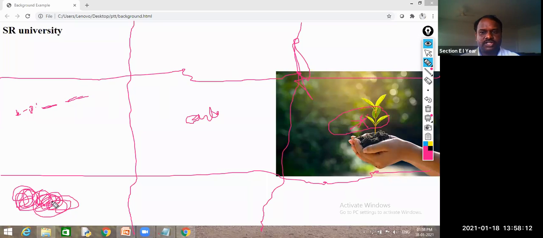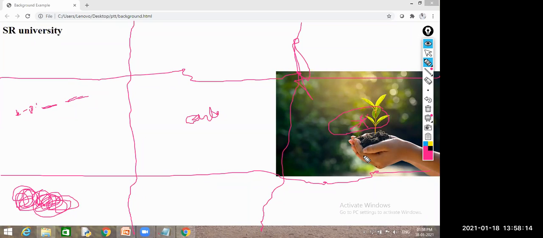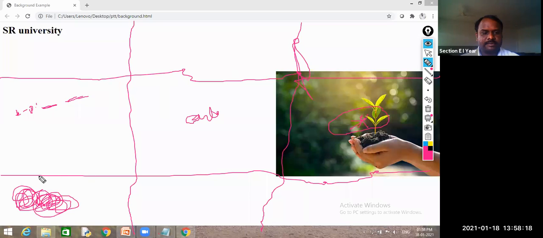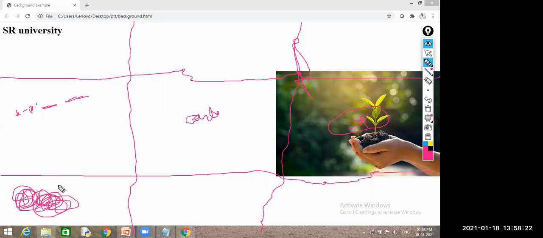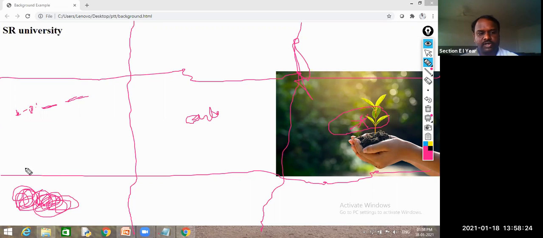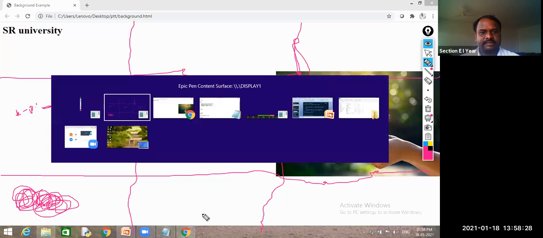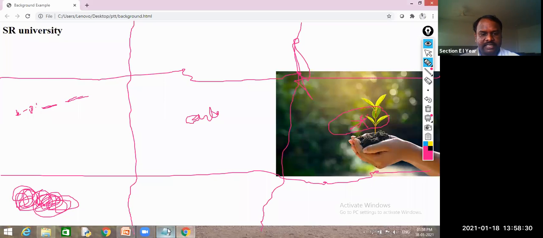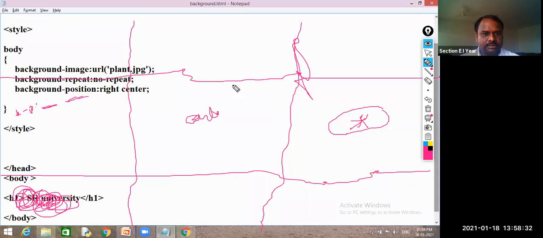How can I print at this position? What is this position? Left, bottom. Bottom left or left bottom? Both are the same only. Bottom left side. So we will apply this value to this one.